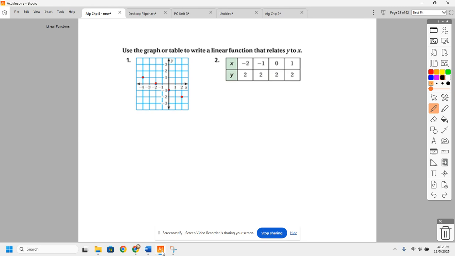Like we used to write them y equals mx plus b, where y and x were variables, m was the slope, and b was the y-intercept. Now, the only thing that is going to change from this lesson in chapter 2, or this whole chapter 2 idea, is now instead of it being y equals, it's going to be